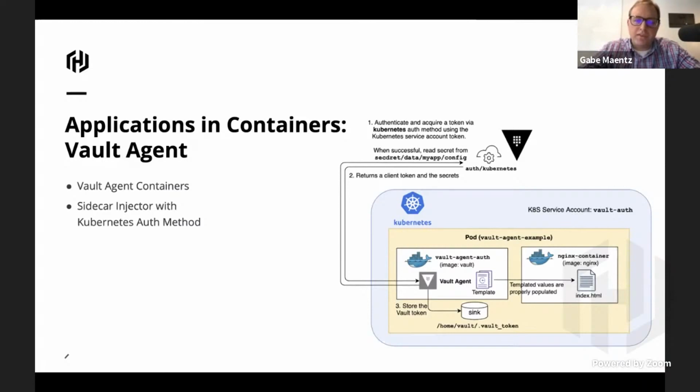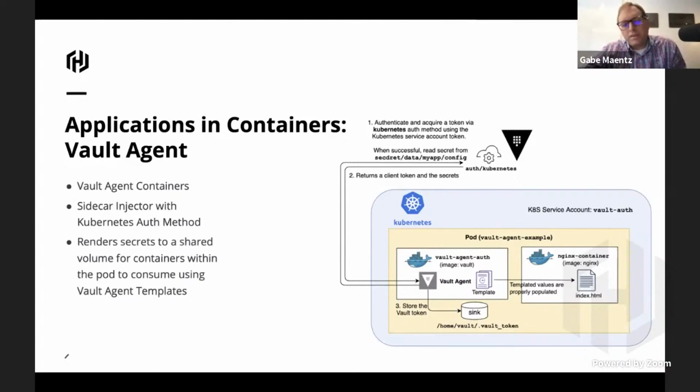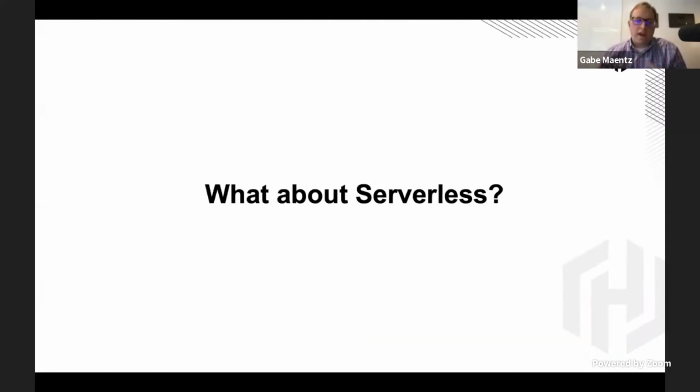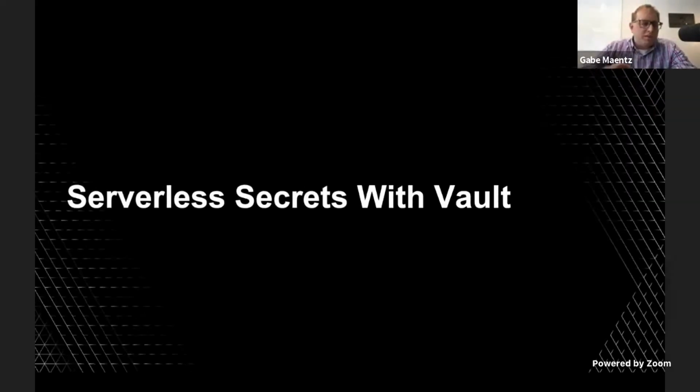What I really like about this is it uses the native auth method that's a part of my apps living in Kubernetes. So let's use the Kubernetes auth method. I really like that part of it. And ultimately, it will render my secrets and make them consumable to my pods through the Vault Agent templating technology. So now we've got VMs covered and we've got containers covered. But what about this other application phenomenon called serverless, right? So how are we going to do that? Well, in this talk, I want to just provide maybe some food for thought about how we can extend Vault